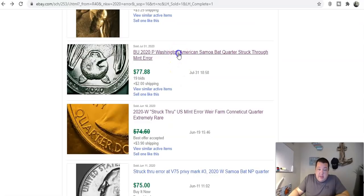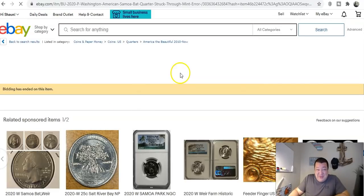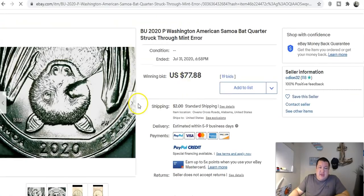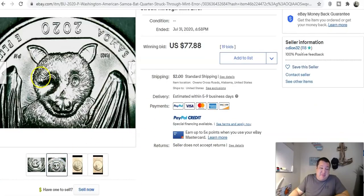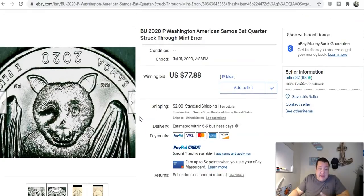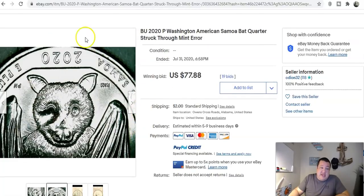So here's a significant one that people are finding left and right. This is a 2020 Philadelphia American Samoa with a huge strike-through on the reverse, right on that bat face. It looks creepy with Halloween right around the corner. That looks crazy. So this one sold at the end of July for $77.88. And not only that, it's got feeder finger damage right here on the left side of the bat when it's upside down, of course. But you have the strike-through, you've got the feeder finger damage. I mean, geez, this is